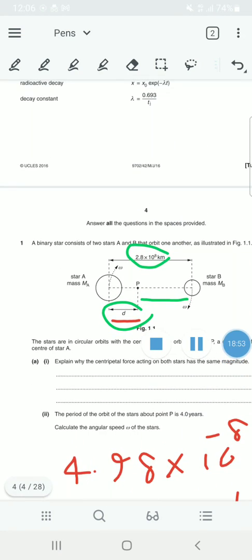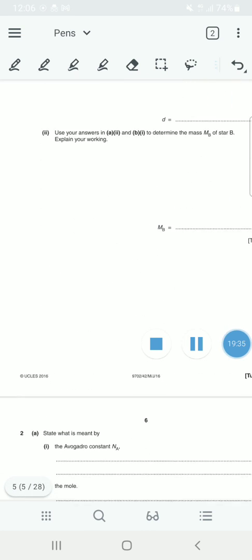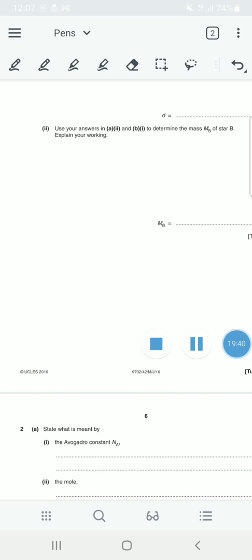Right. Now the point is this. If you look at the question, you will understand that this is a binary star, consisting of two stars A and B that orbit one another. That suggests that the whole system has an omega that is the same for both of them, the same for the entire system. The same omega is applicable to all parts of this binary star. So the entire binary star consists of the whole of MA and MB. Before we